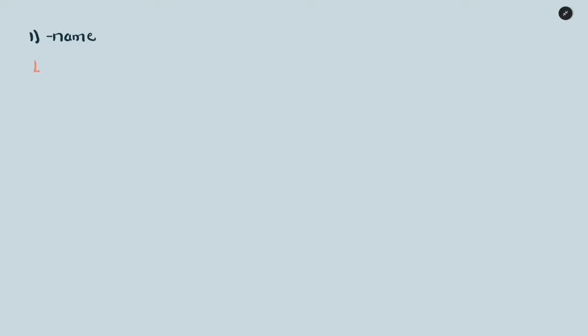Example, find, current directory, option name, and we are going to use the expression star.txt. This command will find all the .txt files in the current directory and subdirectories. Another example will be